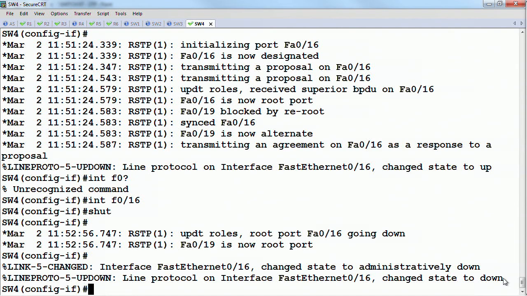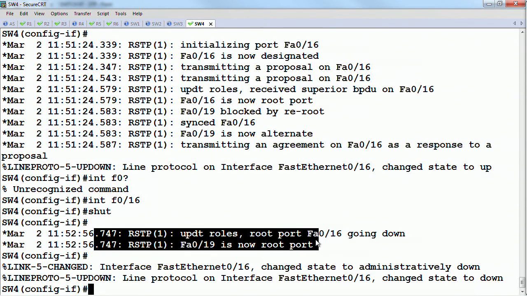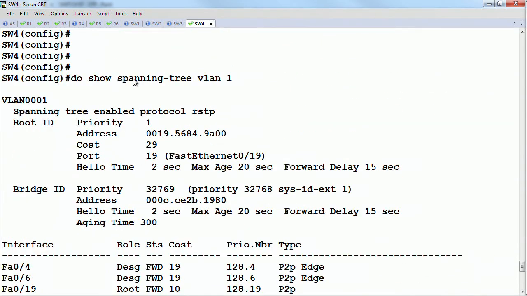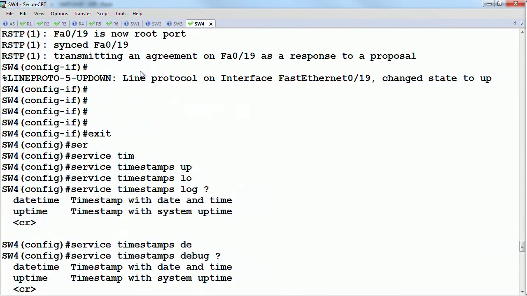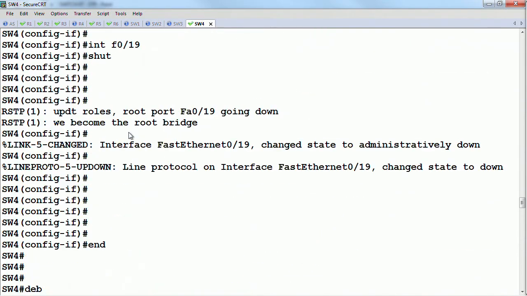Before we even get the link down message, rapid spanning tree transitions the other root port automatically. So the key is that all those additional enhancements that Cisco wrote into per VLAN spanning tree, they're now part of the standard. So there's really no reason to run the original spec or Cisco's changes, because if you don't want to change any of the design, the only thing you really need to do is just add this one new command, which is